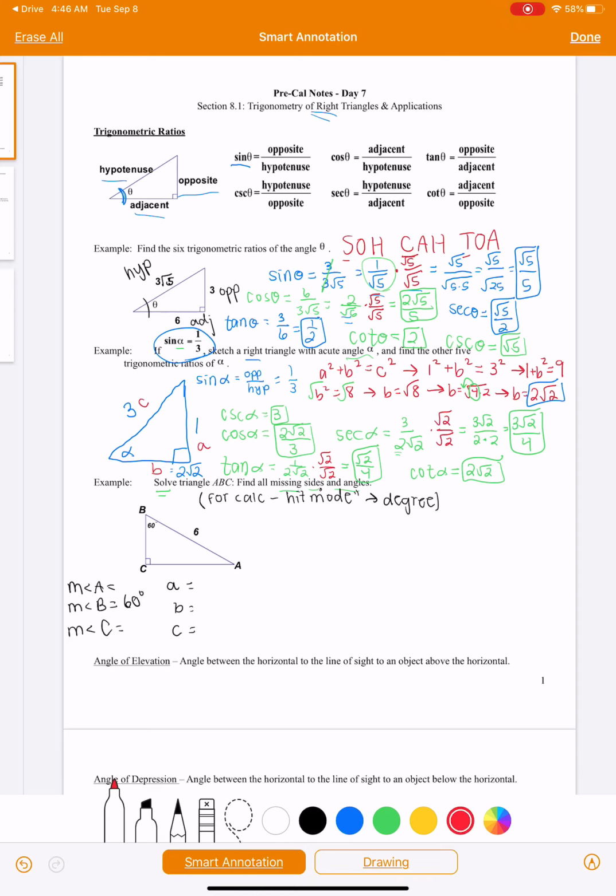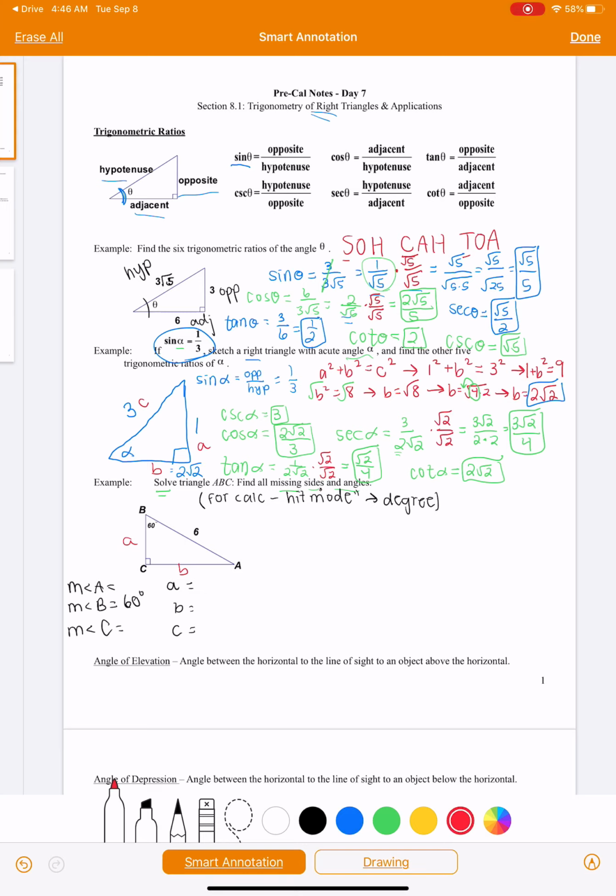For the side lengths, guys, those are opposite the capital letters for the angles. So we see here B is on top, so across from that, this would be side length b. Across from angle A, this would be that side length. And then across from the right angle, that's going to be